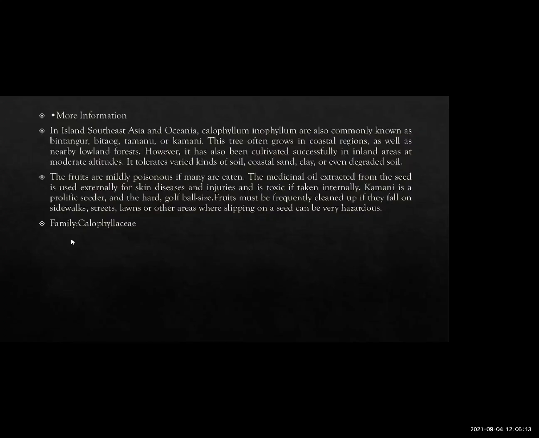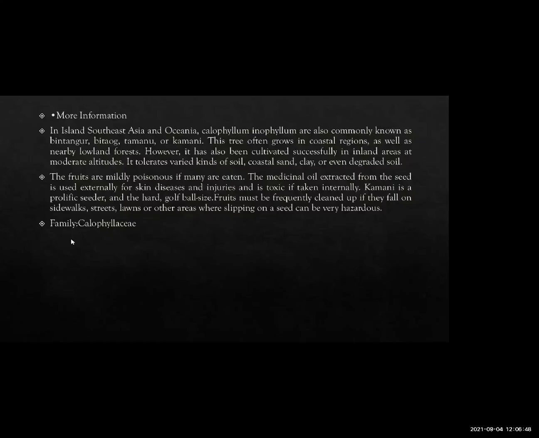However, it has also been cultivated successfully in inland areas at moderate altitudes. It tolerates varied kinds of soil, coastal sand, clay, or even degraded soil. The fruits are mildly poisonous if many are eaten. The medicinal oil extracted from the seed is used externally for skin diseases and injuries, and it is toxic if taken internally. Kamani is a